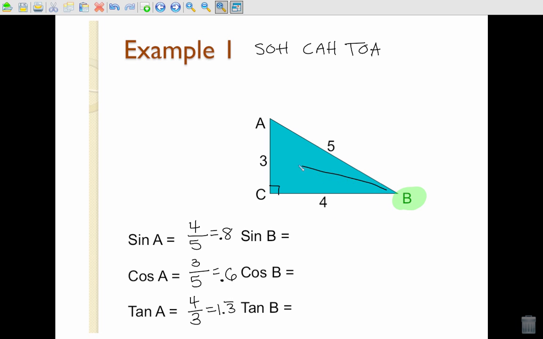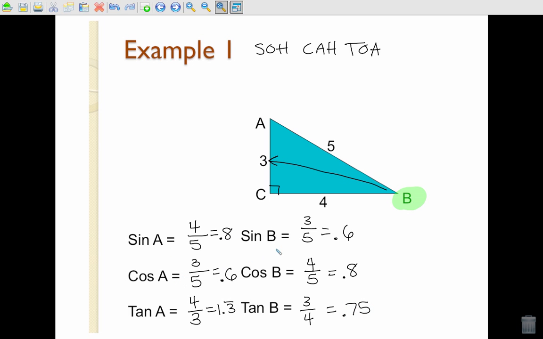So when I go to find the sine, opposite over hypotenuse is now 3/5. Adjacent, or next to, is 4/5. And tangent is opposite over adjacent, so 3/4. So again, we have 0.6, 0.8,